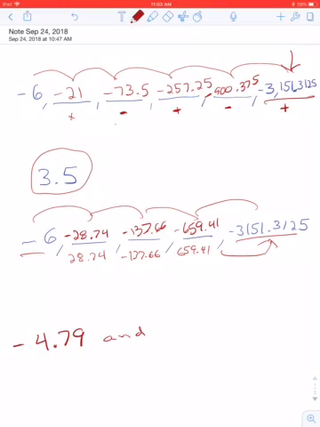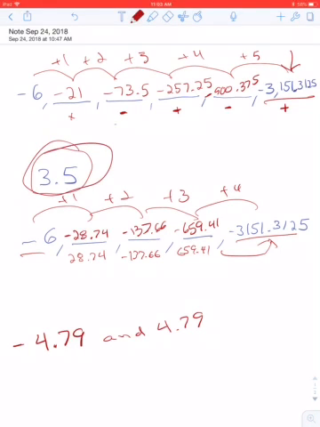So on this one, the multipliers are 4.79 and negative 4.79. And the rule is if the number of jumps, so 1 jump, 2, 3, 4, is even, then it has 2 answers. If the number of jumps is odd,